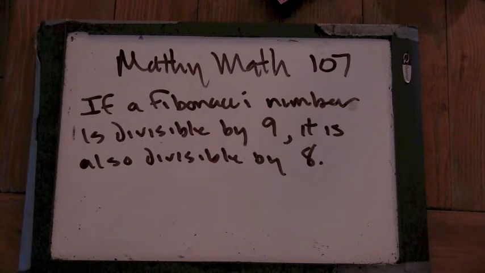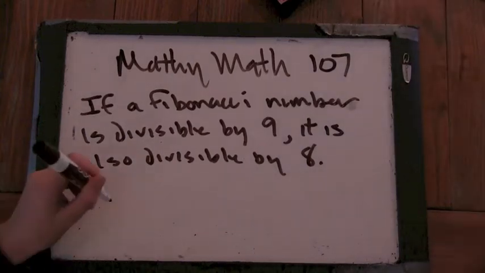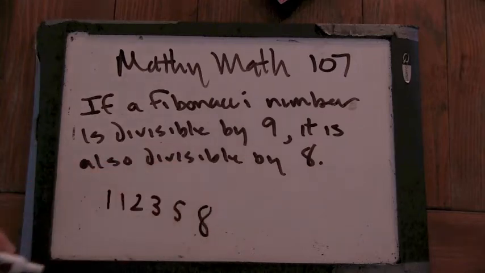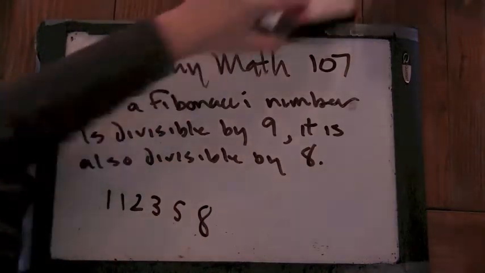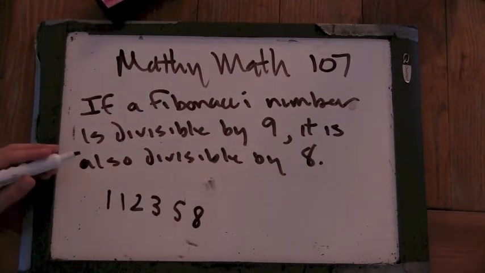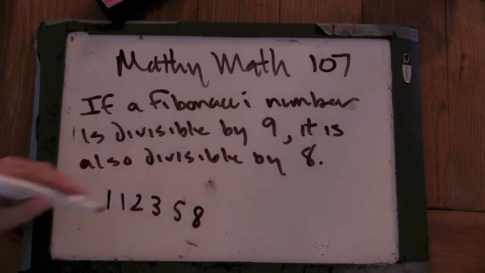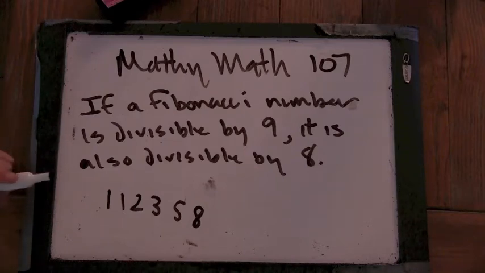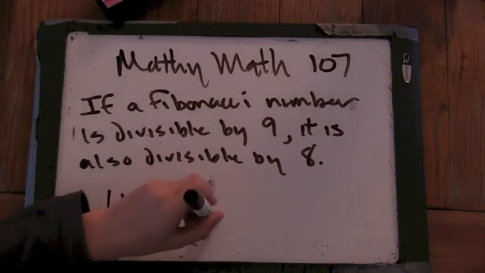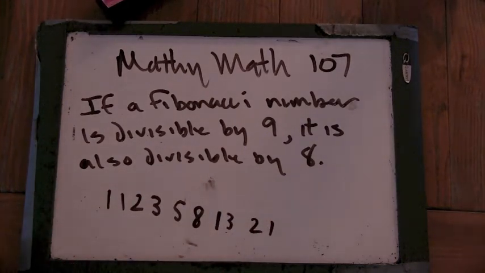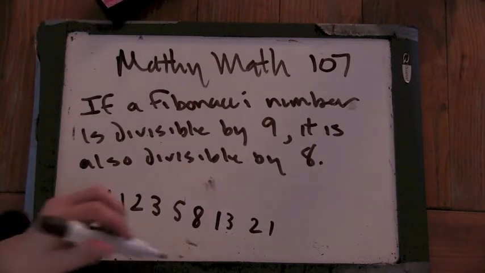Well, I could find some Fibonacci numbers that are divisible by 9. Okay. So there's 1, 1, 2, 3, 5, 8. Well, it doesn't seem to work both ways. Because if it's divisible by 8, it's not divisible by 9. Ah, interesting. Now, is that a surprise that it doesn't work both ways? Well, no, it didn't say that here. Yeah. Like, if we have the sentence, if you are a car, then your color is blue, that does not mean if your color is blue, then you're a car, right? Yeah.